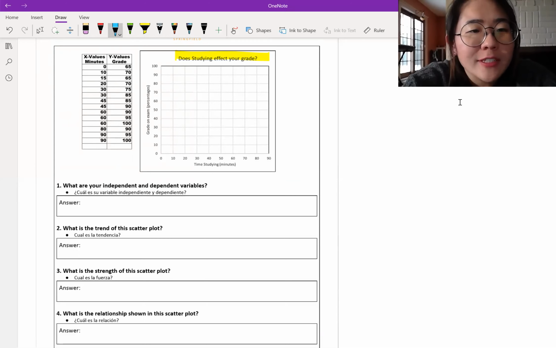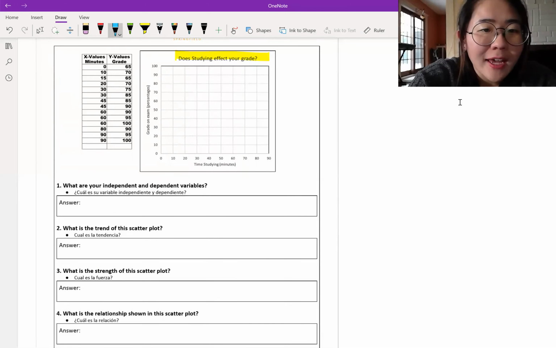So our first data point says 0, 65. So this would have been a nice moment if I could do a time lapse thing, but I don't have that available. So we're just going to keep doing this. That's 10, 70, 15, 65 is right here, 20, 70. So someone studied 20 minutes and got a 70. Someone studied 30 minutes and got a 75. 30, 85,